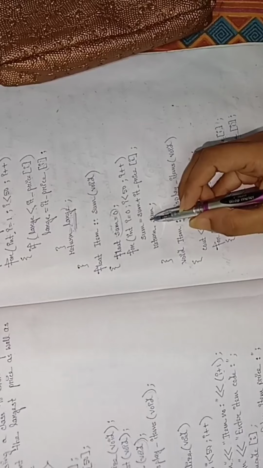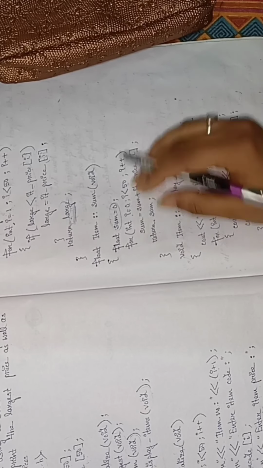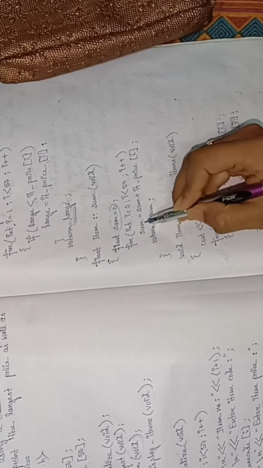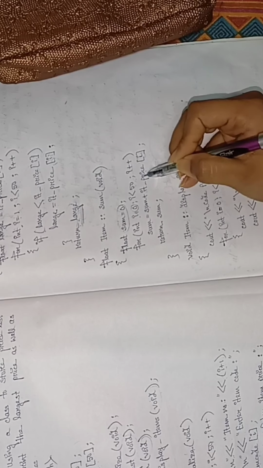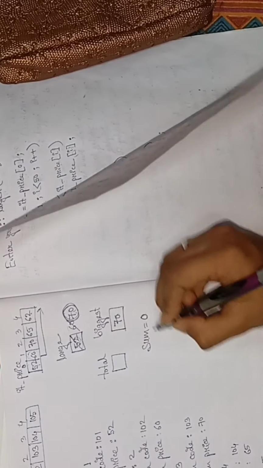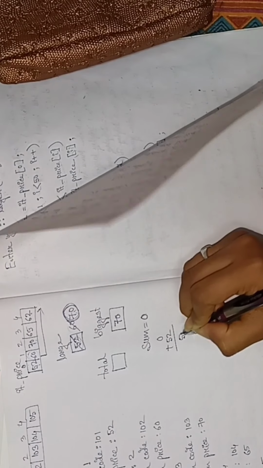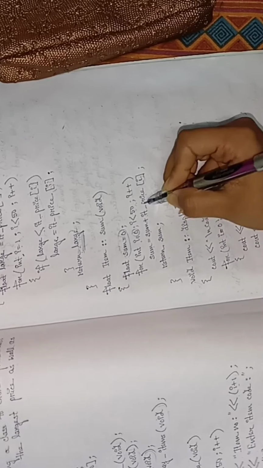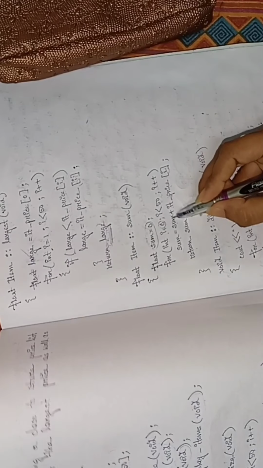Now you see here, this is telling that from index 0 it will go up to, suppose this is 5, we are assuming 5 values, so it will go up to index 4. Then sum equals sum plus item price i, meaning first the 0th index value will be added to sum. So what is the 0th value? 52. So 0 plus 52 will come out to be 52. Okay, then again it will go. Now the index value will be 1. So what is the data in index 1? 60. So this 60 will be added to sum.